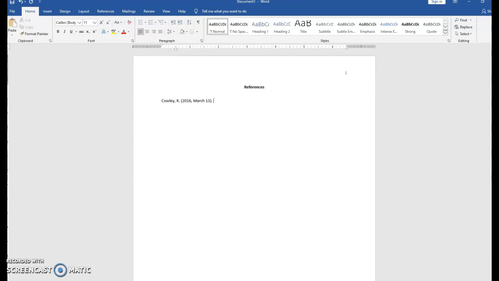If this is an article, you would use sentence case, which means you only capitalize the first letter of the first word in the title, and you would not use quotation marks or italics. So the title of this article is Why flexitime is important, and it would be typed in this manner, period,